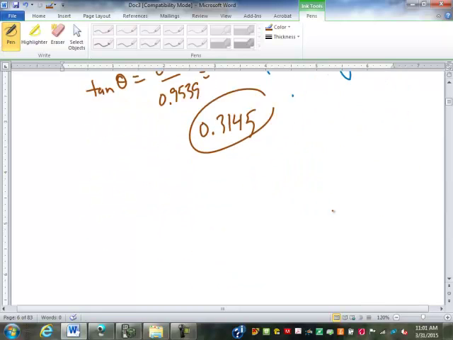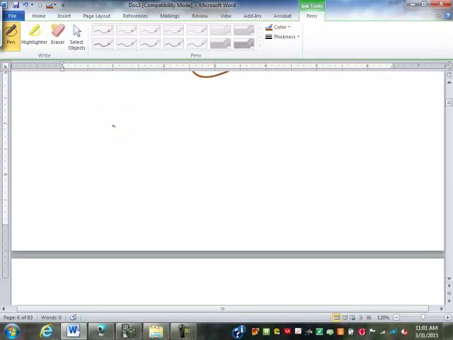Well, what if we have the tangent of an angle is equal to 2.4? If we know that the tangent of an angle is 2.4, can I find all the other functions? Say no. The tangent involves both the sine and the cosine. So if we have the tangent, we need to know either the sine or the cosine. So let's say I tell you that the sine of this angle is,